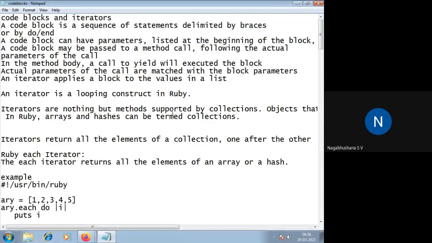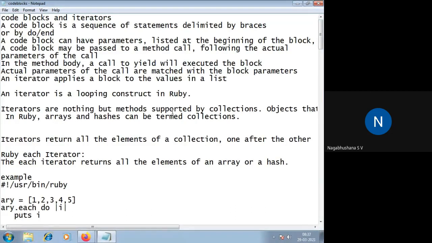See, probably you would have come across stored procedures or triggers where you write a block of code between the opening and closing of do and end to process the specific scripts or the logic. Similarly, in Ruby also we have some set of statements. I was just talking about this each do in the previous class, about the concept